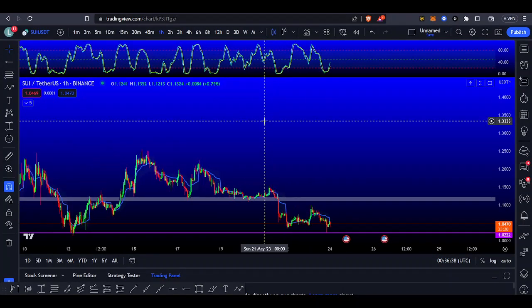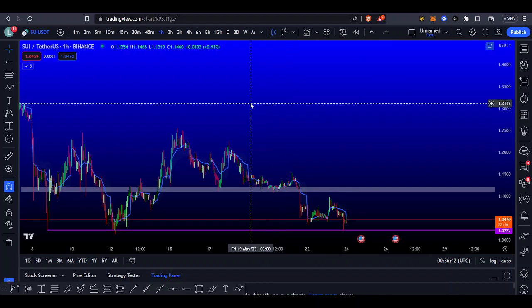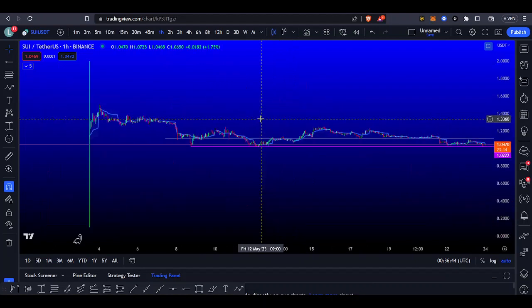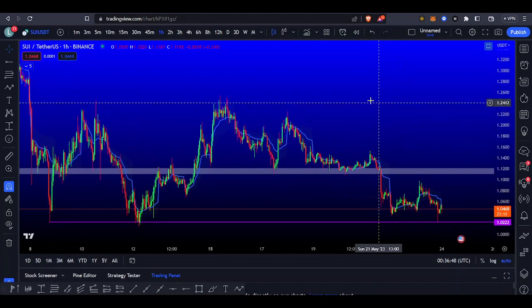SUI USDT Binance chart. Hello everyone, thank you for joining. Today I wanted to analyze SUI network, and I think you'll like this one along with actually a lot of